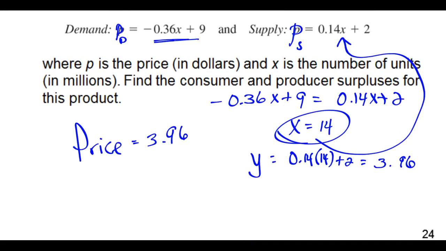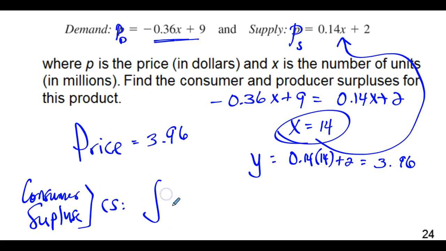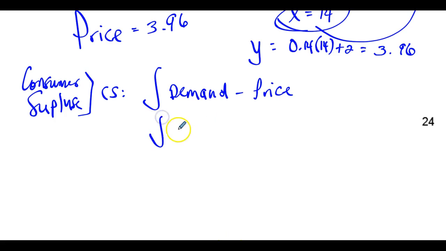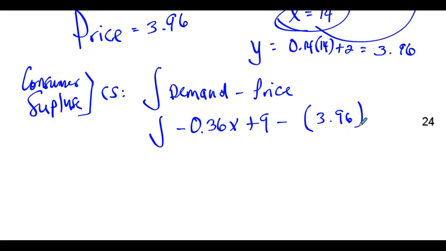So finishing up this problem, I'll do the consumer first. Consumer surplus: I'm going to integrate the demand function minus the price, which I just found. So the demand function was negative 0.36x plus 9, minus the price that I just found, $3.96. And I'm going to integrate that